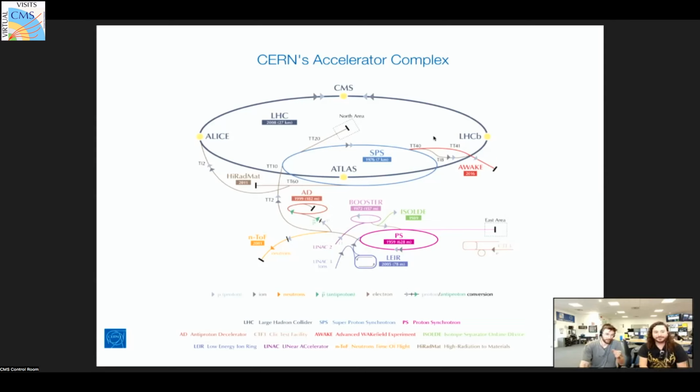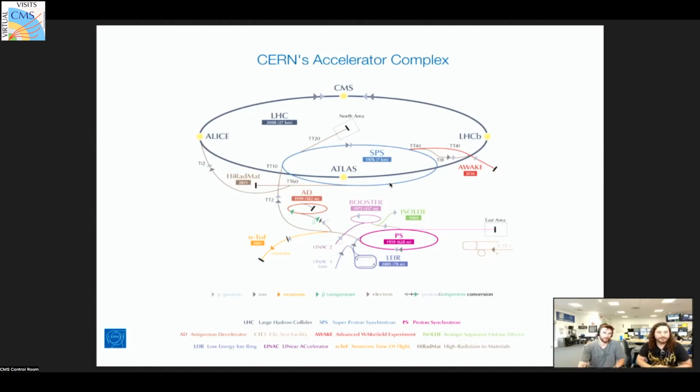So like SPS was at one time the largest collider. And they did a number of experiments, but the main one was, I believe, antiproton collisions. That was kind of the big deal for that accelerator. But every accelerator has an energy limit, which is related to the size of it. So that's why we keep building bigger ones. We need higher and higher energies.